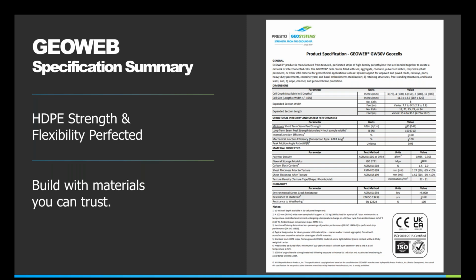The GeoWeb system is designed to last over 100 years, with lab testing showing that it can withstand up to 150 years before you have carbon black degradation. And that's with even continuous 24-hour, 365 sun exposure. So we do stand behind our data, ensuring that you can confidently build with materials that you can trust. We've been doing this since, like I said, the 1970s, haven't reached that 150-year mark, but we are well on our way, and we are very confident in the materials that we produce and get put in the ground.